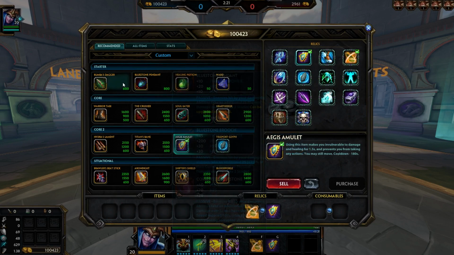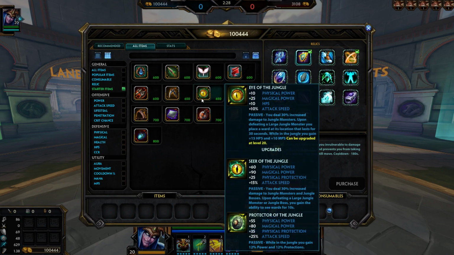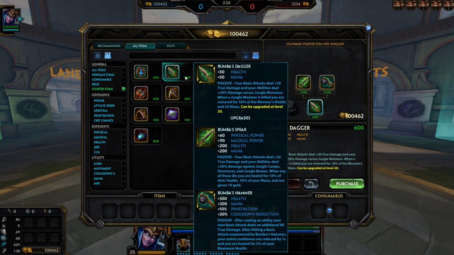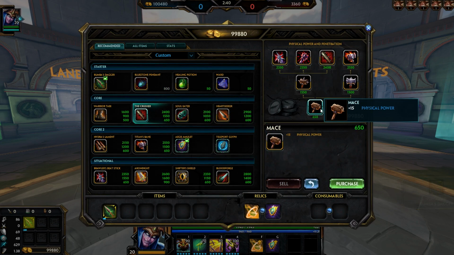I'm going to start off with jungle first, and in that case, as you probably already know, in Season 8 we have 2 different types. We've got the Eye of the Jungle, Boomba's Dagger. The main reason for going Boomba's Dagger is just because you want to go into Boomba's Hammer, because that item is broken currently. So we're going to go Boomba's Dagger, and then I like to go first tier Mace, and